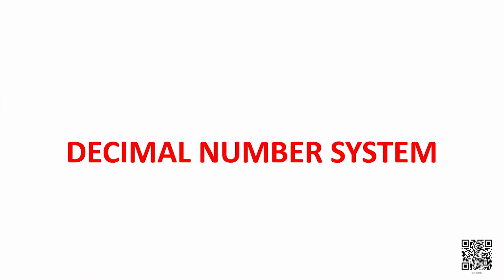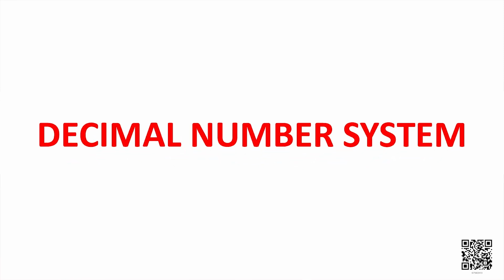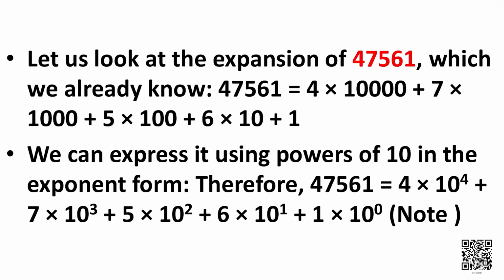So students, with this, let us move on to another topic, that is the decimal number system. Now, let us look at the expansion of number 47,561, which we already know is 4 multiplied by 10,000 plus 7 multiplied by 1000 plus 5 multiplied by 100 plus 6 multiplied by 10 plus 1. We can also express it using powers of 10 students in the exponent form. So, therefore,